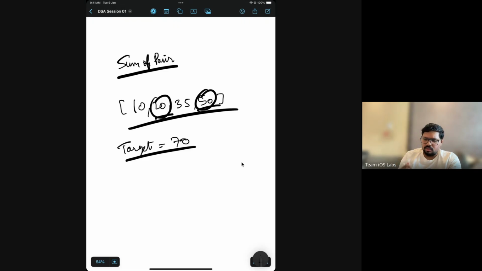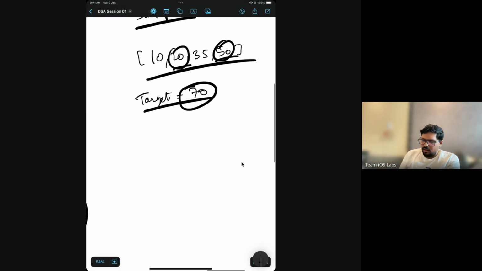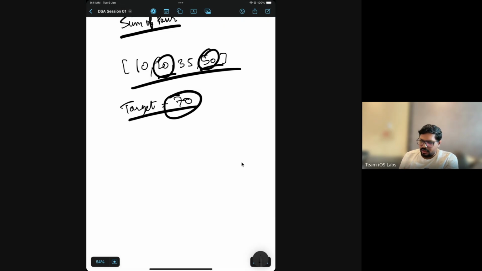If you sum these two numbers you get this value. But how do we solve this problem with code? It's a very small array, so you can quickly say, but suppose there are thousands of elements, how would you tell whether any pair exists or not? That's where algorithms and coding solutions come into the picture.